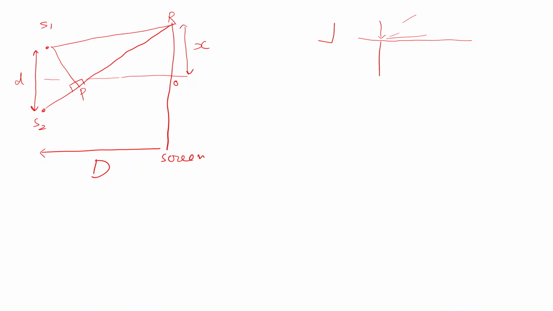Although S1 was traveling with some particular phase phi1, and S2 was traveling with some phase phi2, maybe their phases were constant whenever they were traveling straight. But when they reach here, because of this path difference, there will be some extra phase difference between phi1 and phi2. Initially, when traveling in a straight path, the phase difference was maybe only phi1 minus phi2, but now, when they are traveling in this particular path, the phase difference